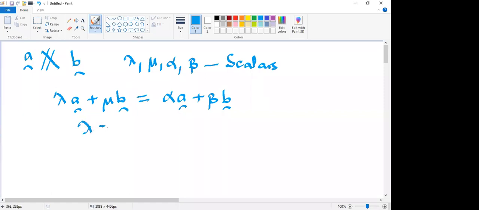Very, very good. Alpha and lambda are equal, and likewise beta and mu are also equal. So for two non-parallel vectors A and B, if lambda A plus mu B is alpha A plus beta B, our interest here is that if the vectors are not parallel, then